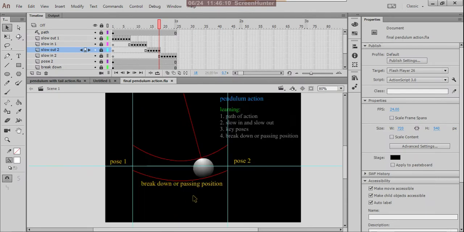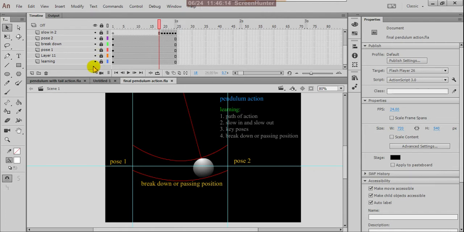See here, I gave the proper names for this. So this is a learning text, and this is pendulum action, and these are the pose 1 text, and this is breakdown and this is pose 2, and these are the actions, right.